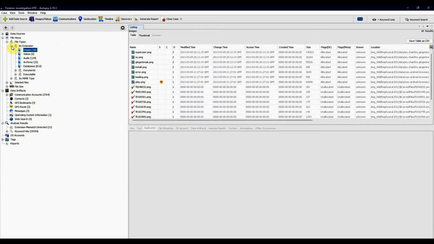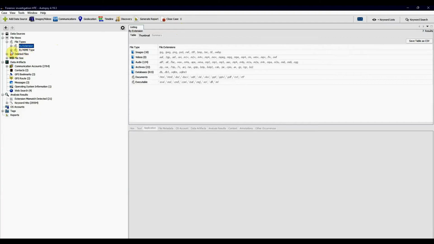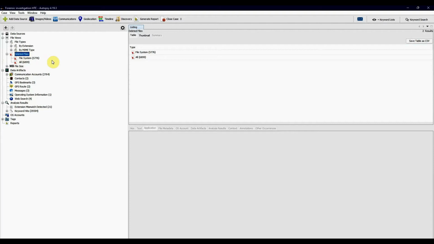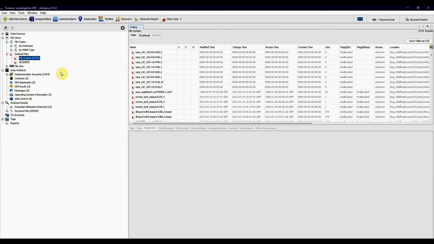Let's go to MIME type. These are the files: applications, audio files, image and text. These are the files within the MIME type within this Android phone. The next thing we are interested in is the deleted files. This is something important that usually everyone tries to hide. We got some file systems. There were 5,776 files, and all together we got 6,899. So in this file system, if you're looking for any sort of exploited image, what we can do